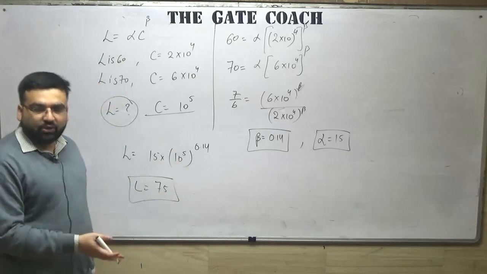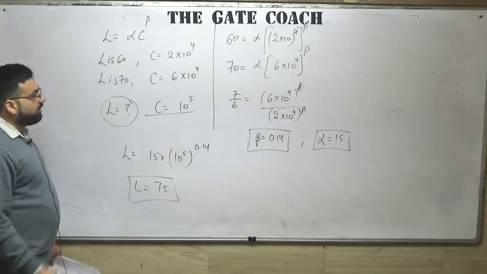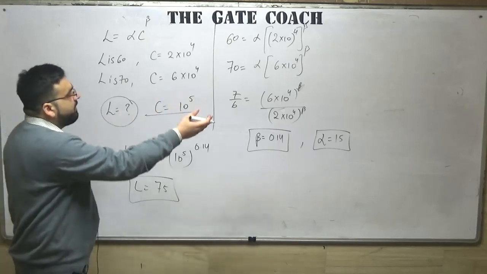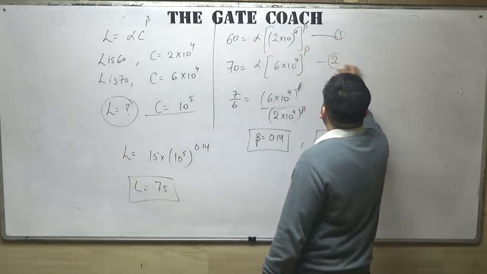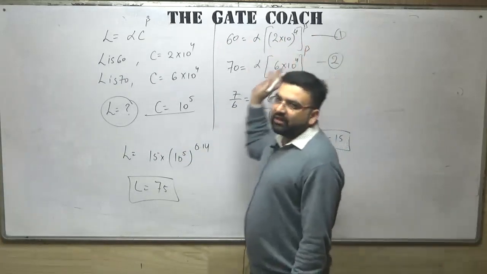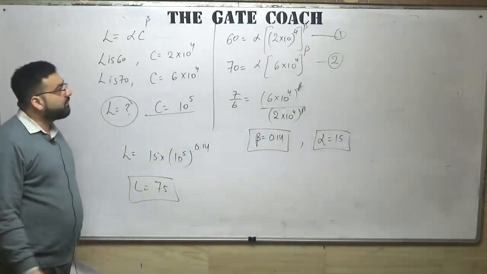You can call it an aptitude question also, you can call it a mathematics question also, whatever you want to call it. So that can be solved by n number of methods. One more method is also there. You take the logarithm in this equation, you take the logarithm in this equation, then solve the two equations, get the value of alpha and beta. That also you can do it. But that will be a lengthy method, by the way.